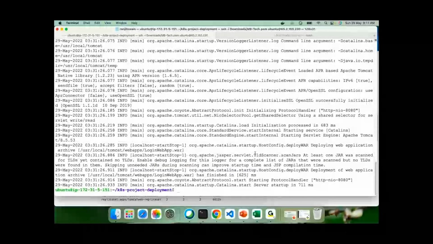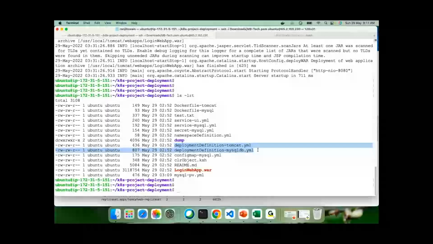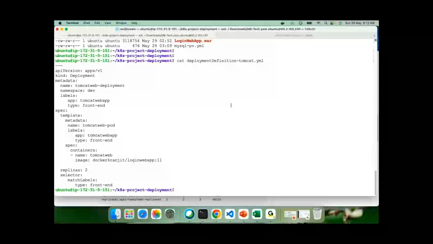Now, what we are going to do, let's see, because it was exposed on port number 30008, right? If I go here and find the UI definition file, just go here and you can see, the port number is not here. The port number is not yet exposed. So how will we connect to the pod? That's the